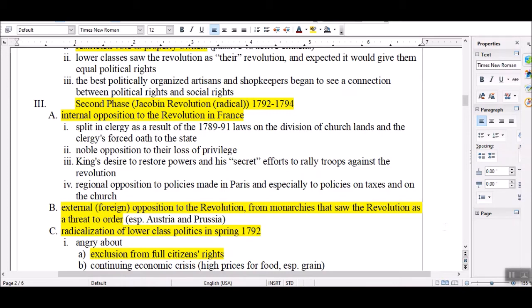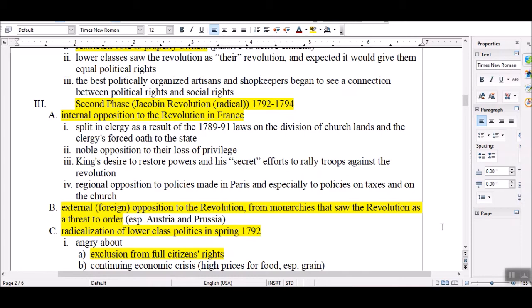So the Jacobin political party rises up in 1791 to 1792. There is a general opposition to the revolution within France. The clergy, there's going to be some that take the oath that say, yes, we're going to follow what the state says, and we understand that the state is not going to be held to the religious laws or anything. And then there's going to be other clergy that say no, they don't want to take that particular oath, and therefore they are forced to take the oath. So, not thrilled with that.